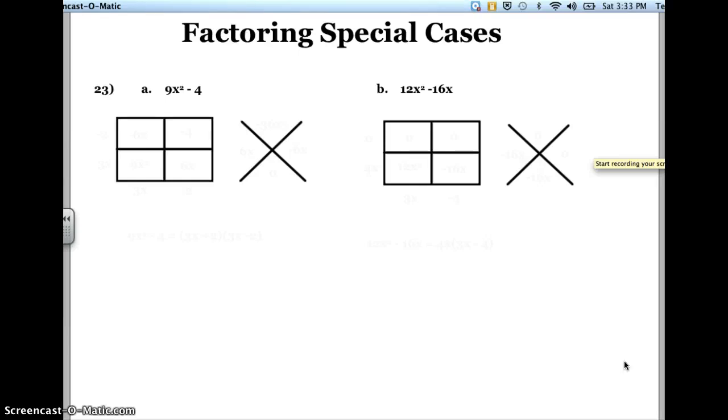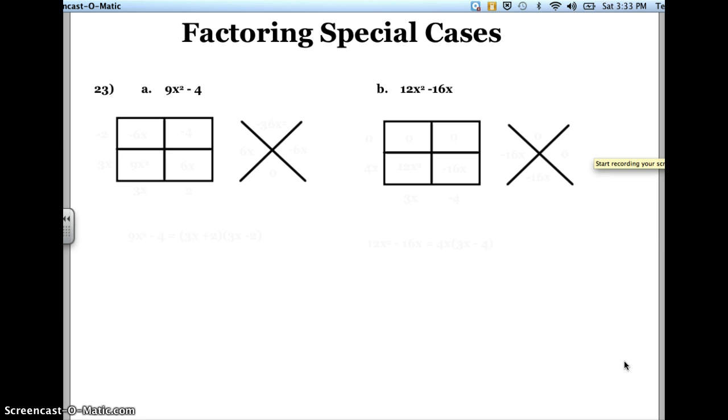Okay, Oak Grovers, this is going to be a video to help you factor special cases. And this is from section 8.1.3 in your Algebra Connections book. We're working on section 3, which is factoring with special cases, and we're going to do problems number 23A and